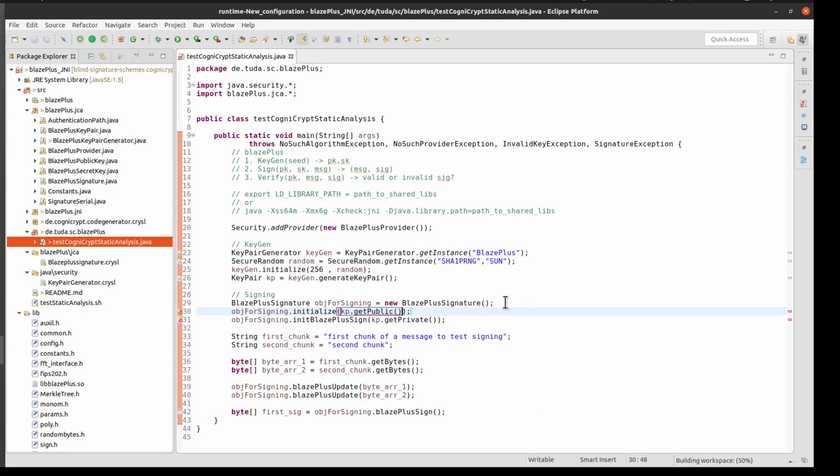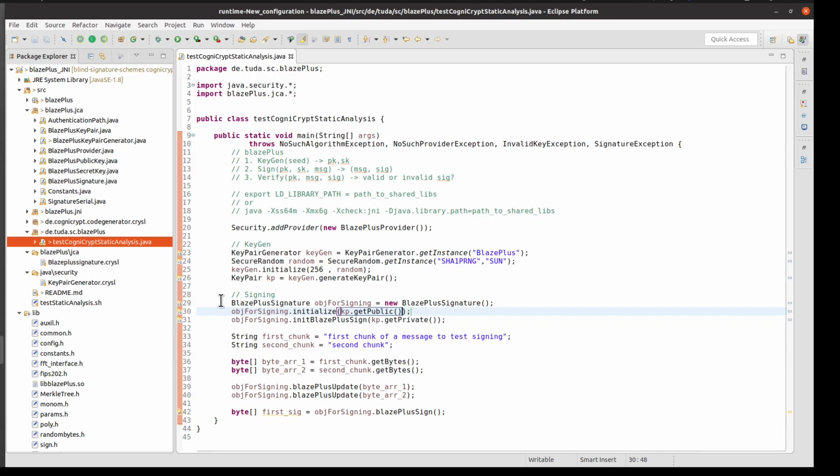Now we run the CogniCrypt static analyzer again. It finished, and the error marker is gone,